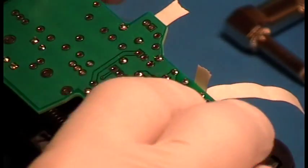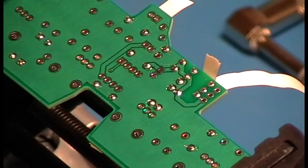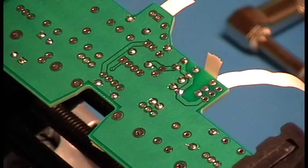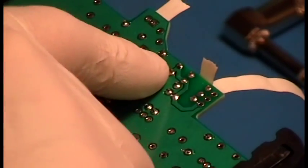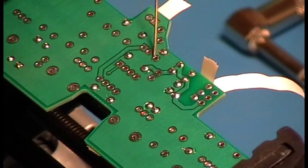As long as I can see a little bit of that wire coming through, as long as I can see something. What I don't want to have happen is I don't want that to be sitting inside the hole. That would be bad. You don't want that. This guy here, you probably can't see it. It's a little bit different. This one joint,